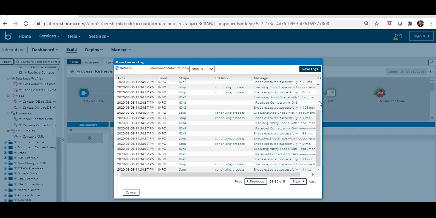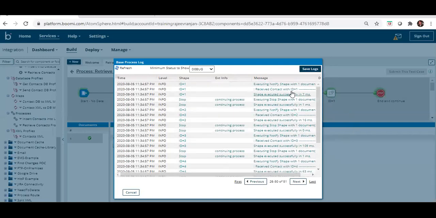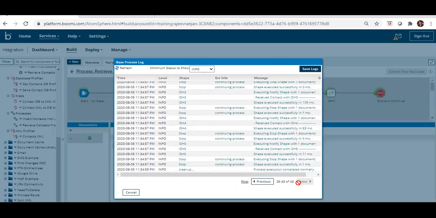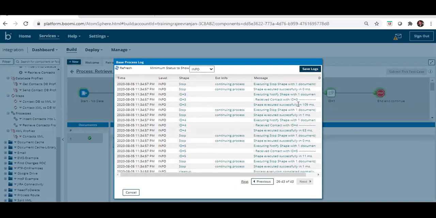By using this notify shape, we can see as part of the info message this appearing here. If you put error or warning, you will be able to see that too.